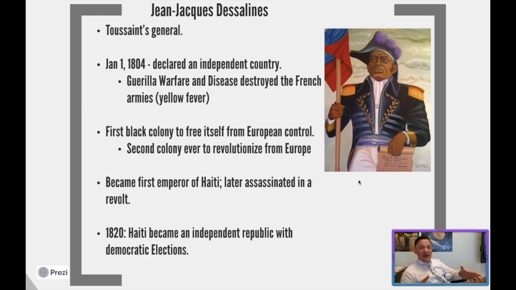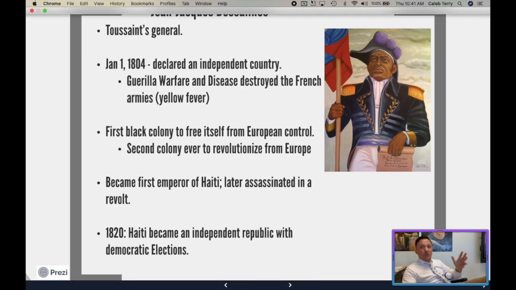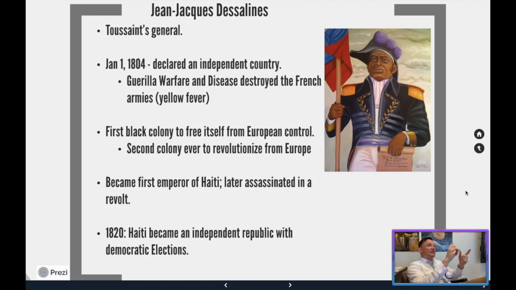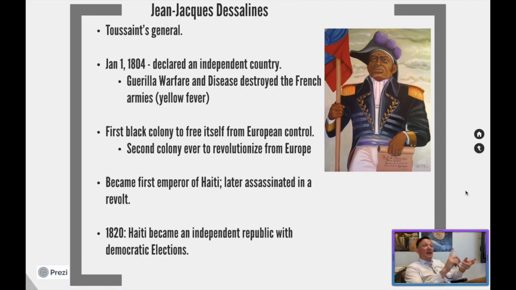Why did all of this happen? It's because it's a massive effect of the French Revolution, okay? So big thing, if you want to write this down, just so you know the thematics of this whole thing: why this all happened is because Napoleon and his campaigns and the French Revolution caused massive confusion in their colonies, giving these people the ability to actually rise up and make countries of their own, right? Same thing happened in South America as well.